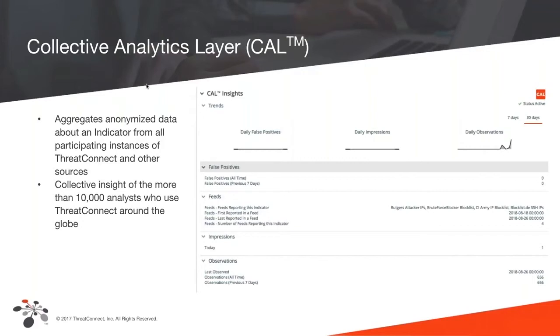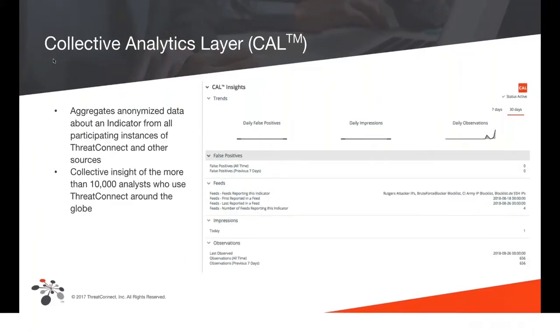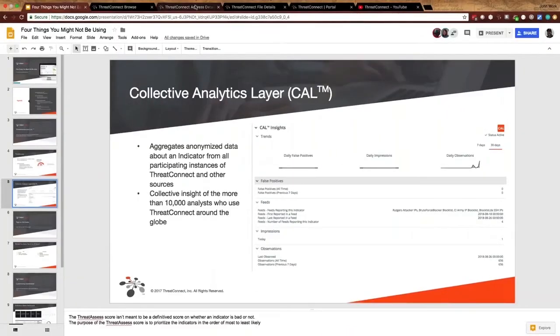We've added a few things since the inception of CAL. So we put in where it shows you some of the other feeds that are being reported in. Even if that's a feed that you don't have access to in your environment, it'll show you that the indicator is being reported in that feed. And then a few other metrics there. Now, one of the ways I like to use CAL is, with that insight, you can see things like, not necessarily on this one we have on the slide here, but if we were to look at, we have another one here.